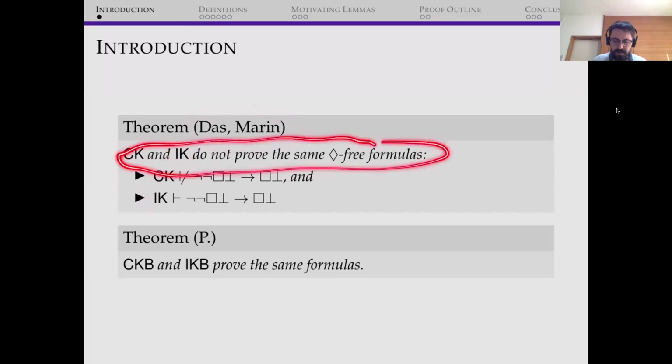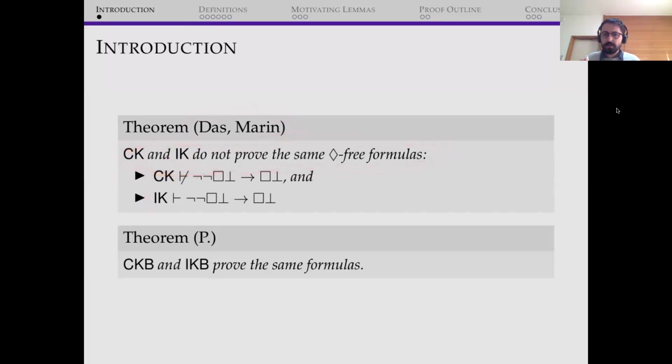This result, if not this example, appeared also, I think, in the PhD thesis of Griffey, but I think that was not published. This was the first place where it's published. So on K, you have these two very different variants of K. But if you add the axiom B and look at the logic KB, say the logic of symmetric frames, actually the constructive and the intuitionistic versions of these two logics are going to be the same.